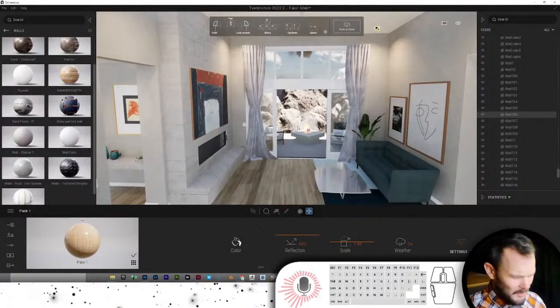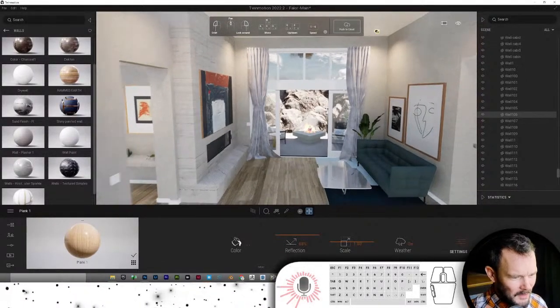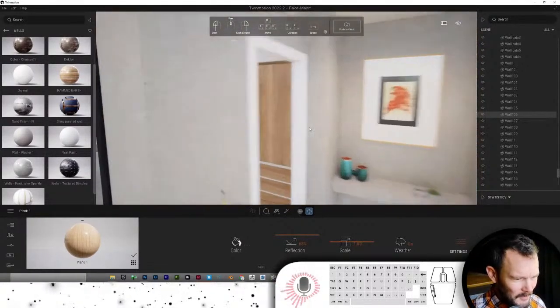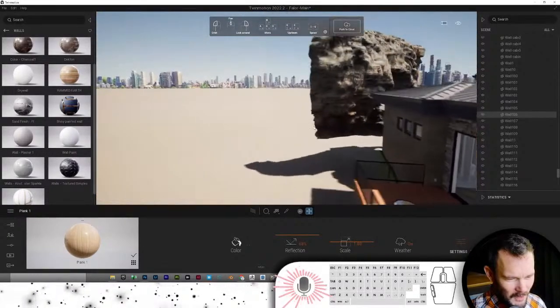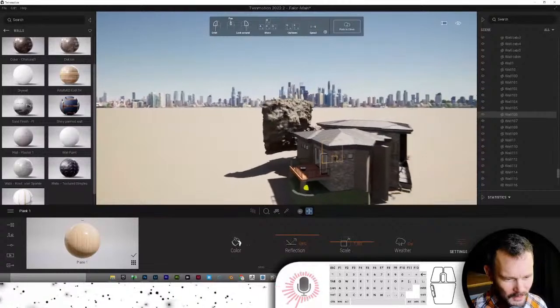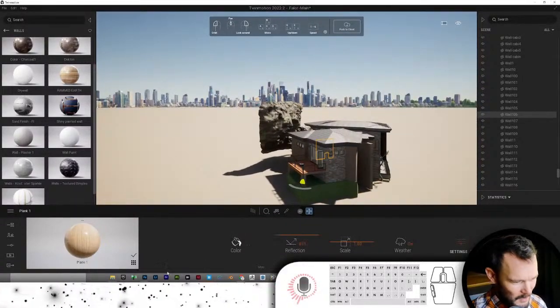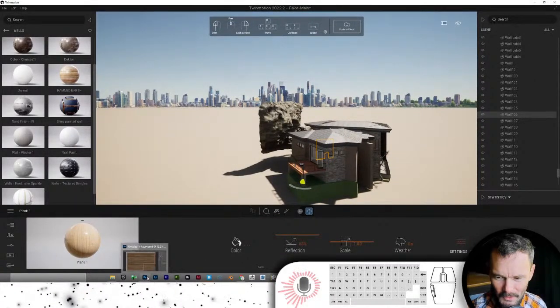These Twinmotion videos have been kind of popular. I guess people are getting into Twinmotion, having fun with it for their visualizations. I have a workflow that I use to add terrain. So I need to add a terrain here. So I'm going to kind of jump over from Twinmotion to,